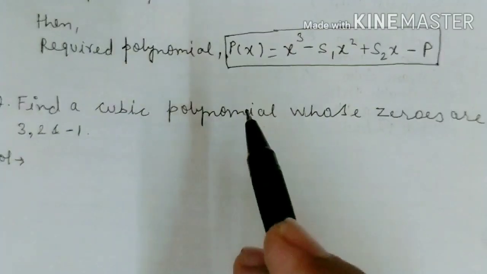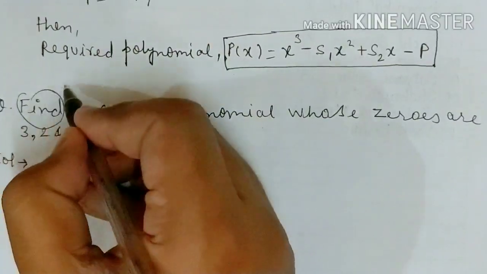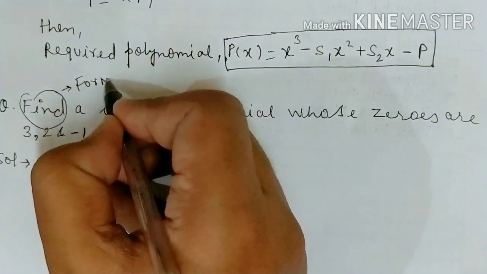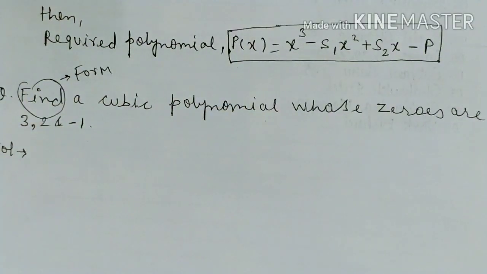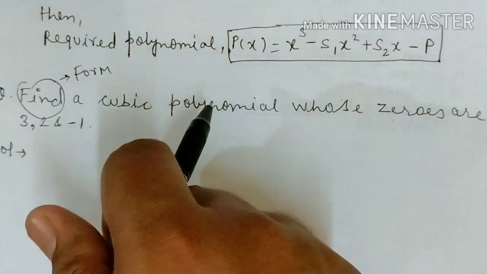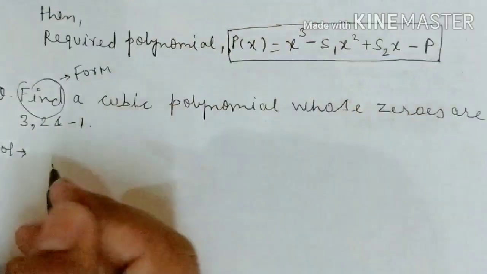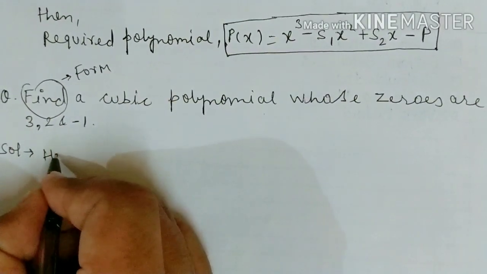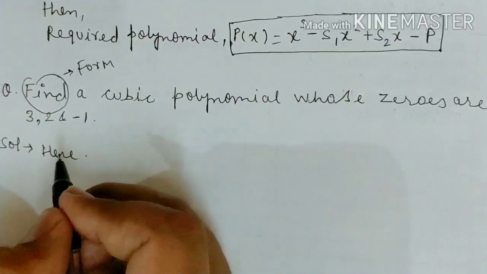Means we have to find, or here you can write it as form also: form a cubic polynomial. हमें क्यूबिक पॉलिनोमियल बनाना है जब जीरोस दिए हैं, और जब भी ऐसा दिया होगा तो सबसे पहले हम S1, S2 और P निकालेंगे और इस फॉर्मूले में वैल्यू पुट कर देंगे तो हमें डायरेक्टली क्या मिल जाएगा? पॉलिनोमियल मिल जाएगा. क्लियर? So here you will write here